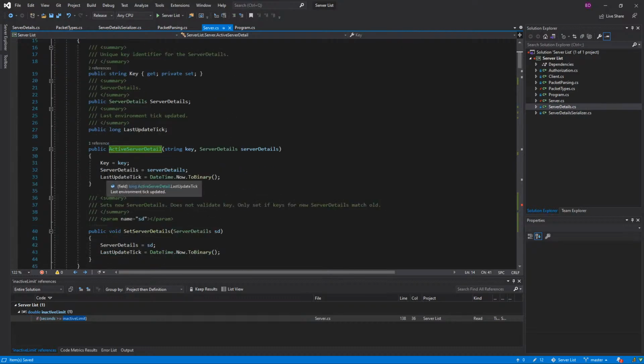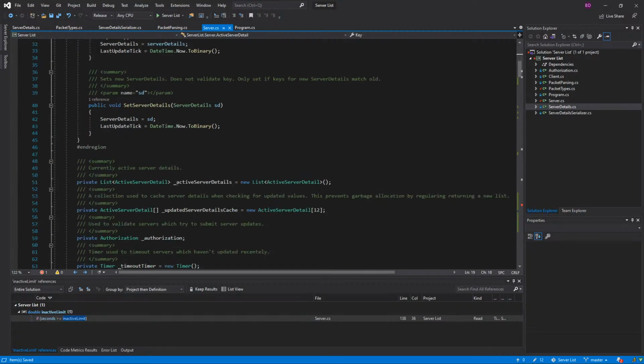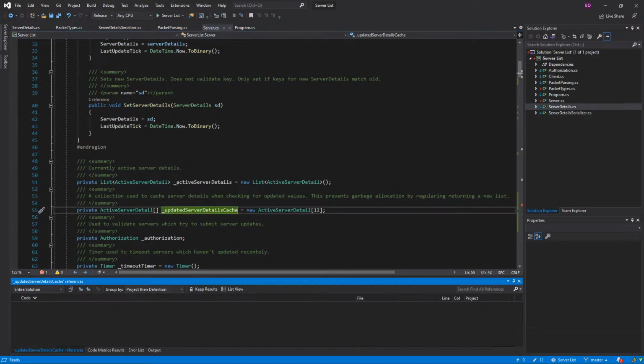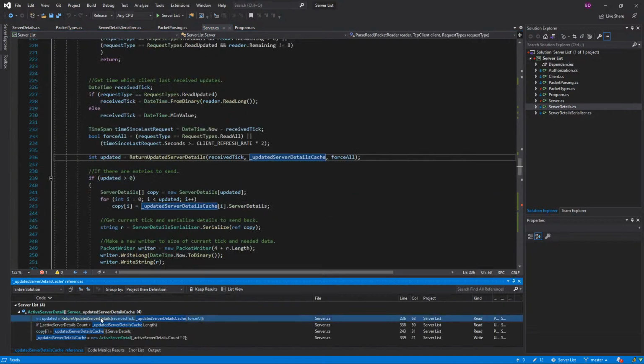This is when it was last updated, basically, and it holds the server details and it holds the key for it. I don't know why I'm not using a list for this. There's probably a reason. Oh, it is. That's why right there. So instead of returning a list, I'm basically just returning the array, which I could still